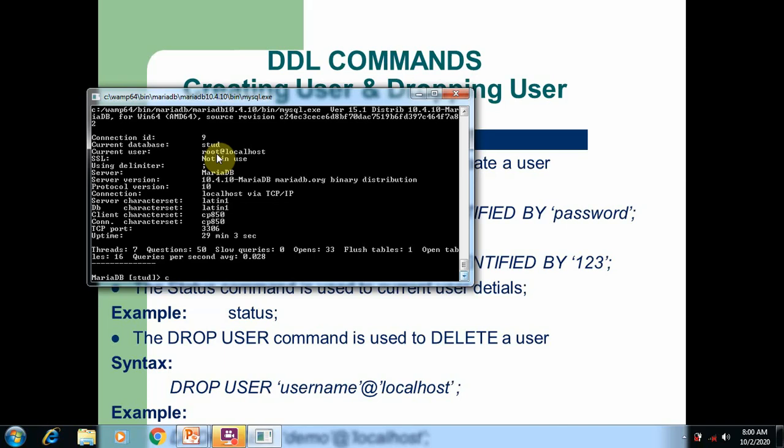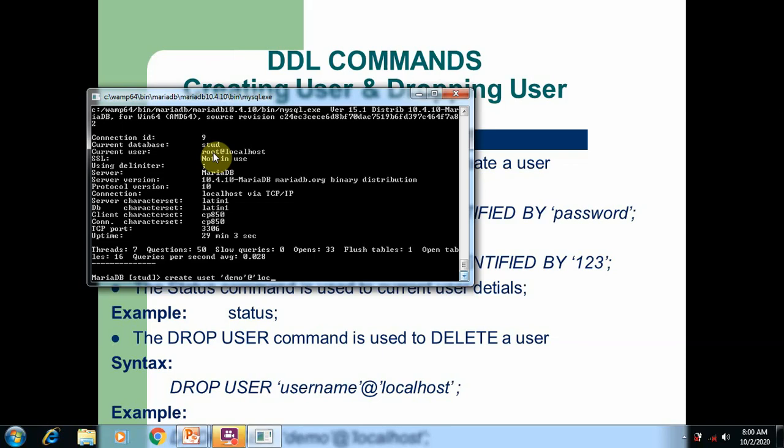So I'm going to execute this command, create user. Before executing this command, first ensure that you are the root user. Create user, username demo. The username should be within single quotation marks, at localhost.